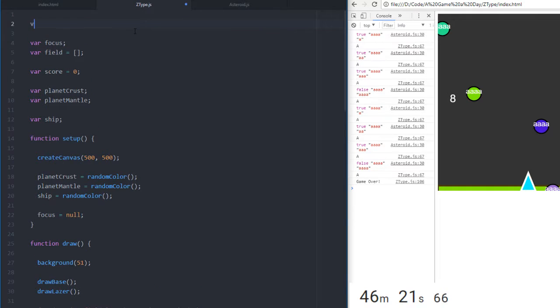We will have a variable words equals. Now this could be queried from anywhere. You could get this from anywhere, really. Just import some sort of text or anything. I could even go hook this up to Google Docs, and whatever I put in my Google Doc, it would show up in your words. But we will do